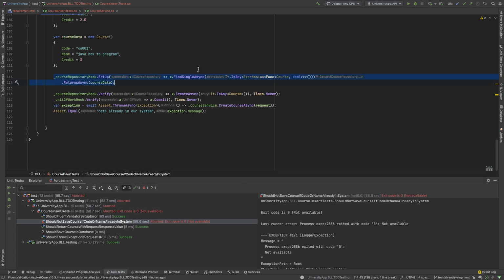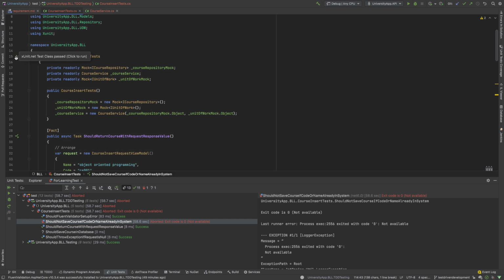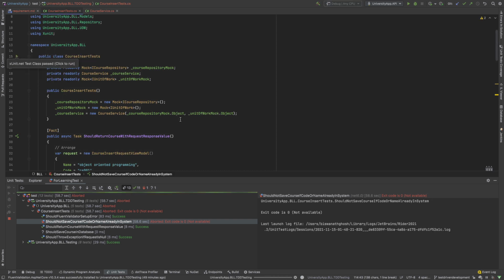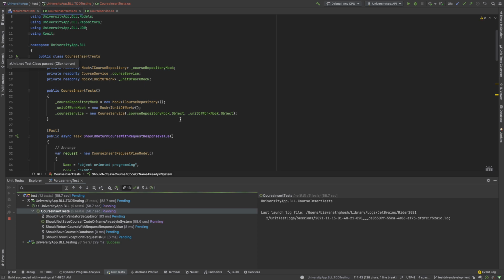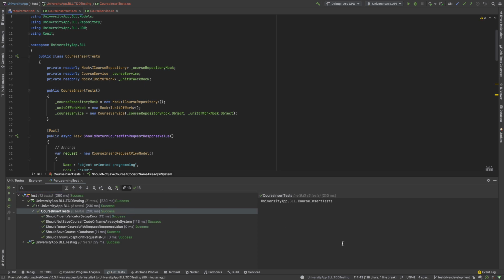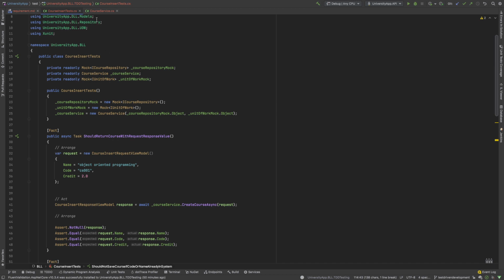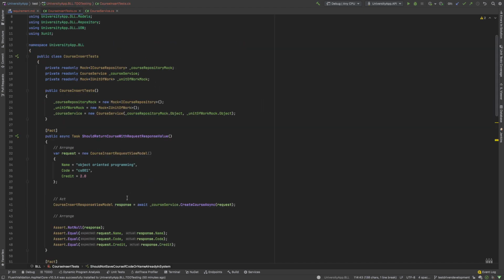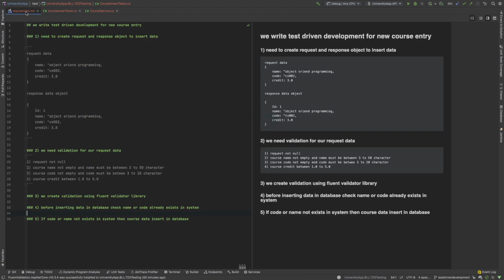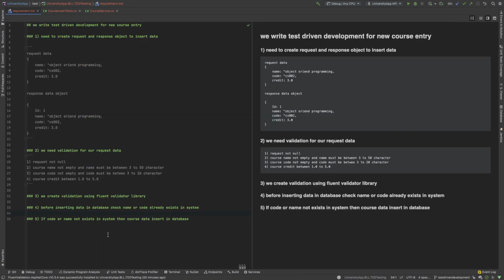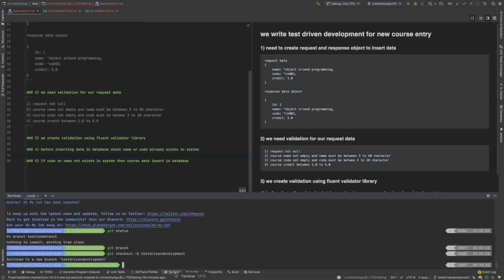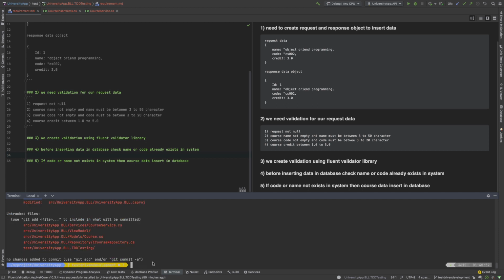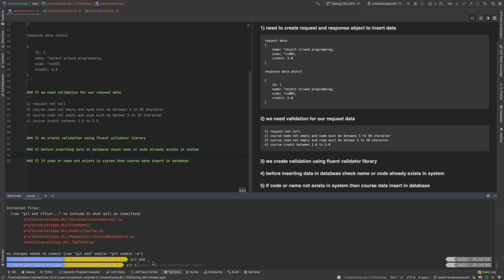So we set up every test, and now I run all the tests to check whether all our tests are working perfectly or not. You see all my tests are successfully working. So using test driven development, we created our create course async method. So I think you enjoyed this course, and you see the pattern in which I am writing the test driven development code. So I am going to our terminal and check the git status, git add dot, git commit -m